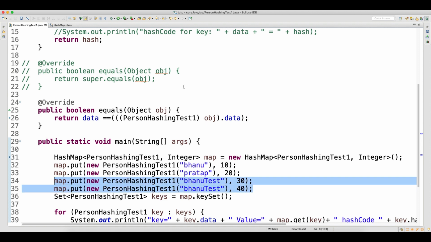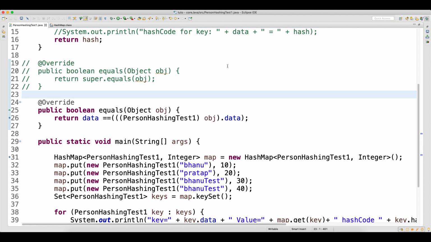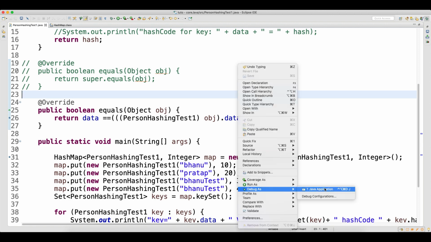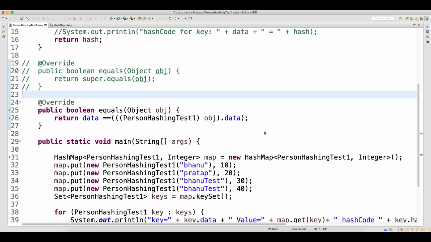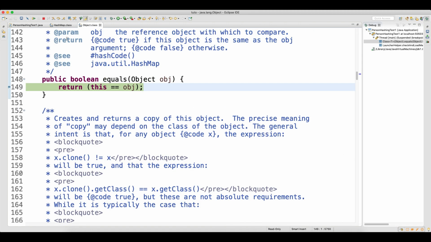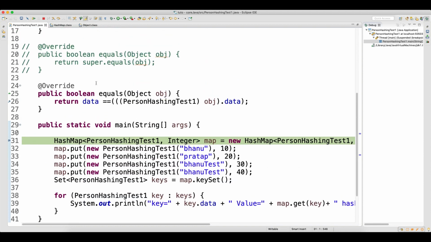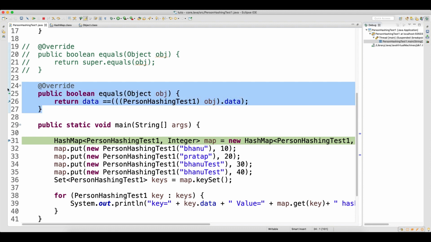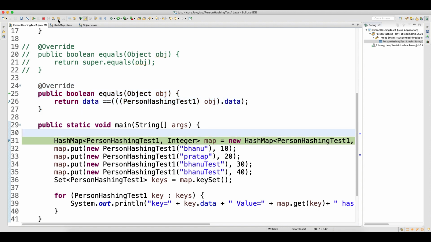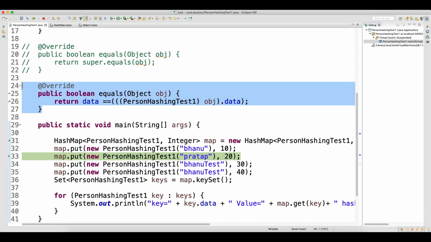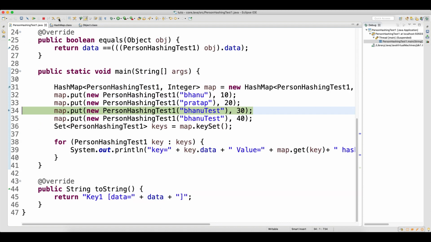How did this happen? Now let me run in debug mode so that you will understand very well. Right click, debug as Java application, proceed. So let me go from here, okay, it has started. So your debug came here. Why did it go there? Because I am putting a breakpoint here, so on the object creations it will get called. So click on F6, first got inserted, no problem, this equals did not get called, okay, second, no problem, did not get called, third,